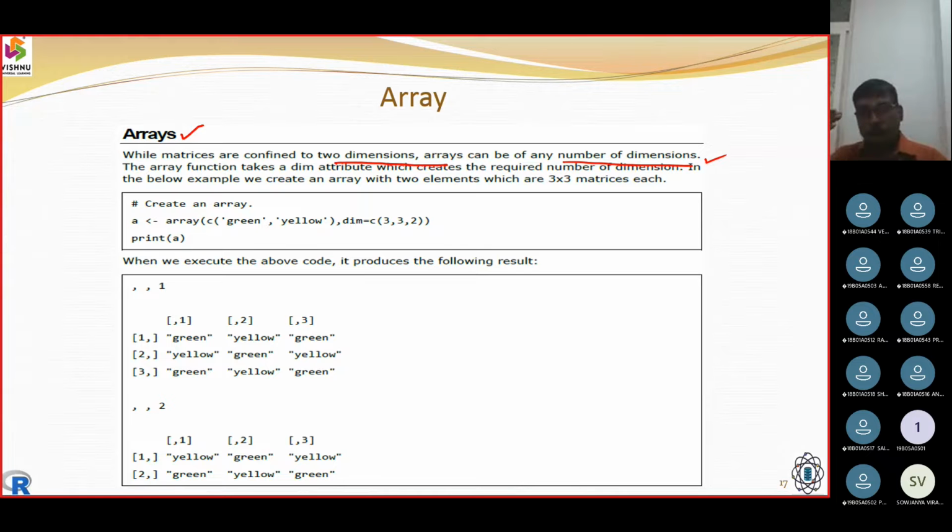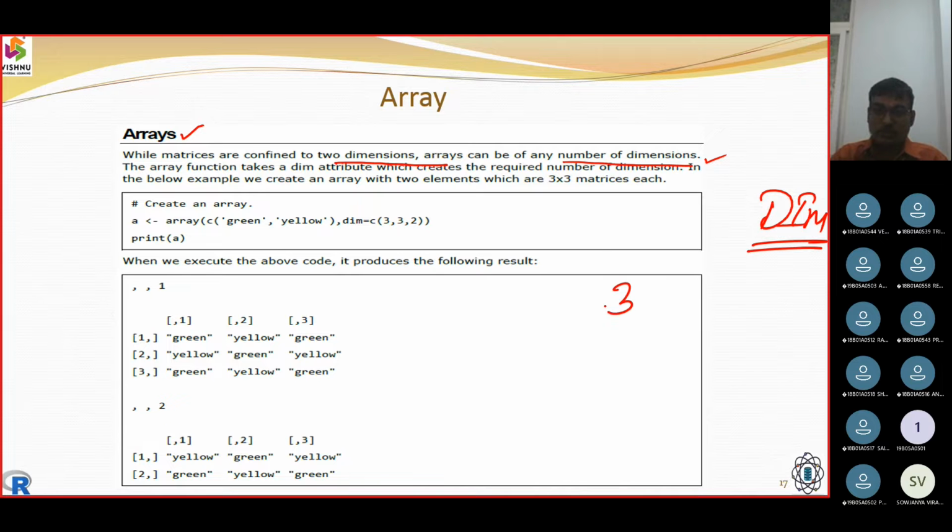When we take it as a matrix, we are confining ourselves only to rows and columns, and if we want to repeat it multiple times, such things are not going to be possible. So this change is going to be made with an attribute called dim, for dimensions.